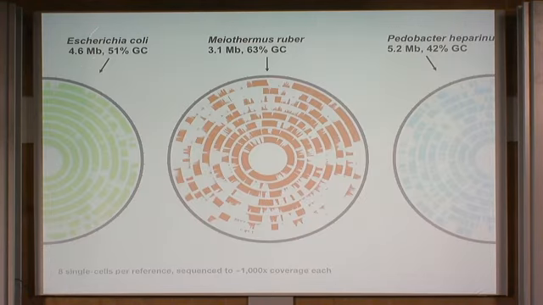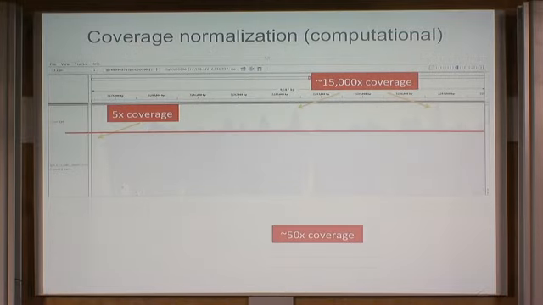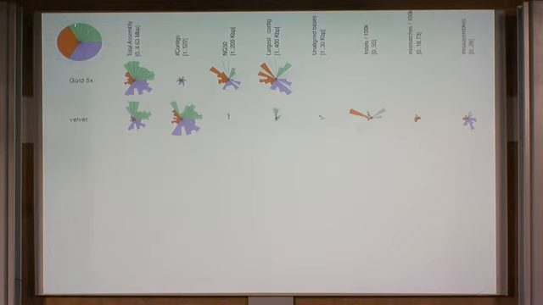So what we have, let's go back. What we have are these single cells from these organisms, like E. coli, M. ruber, P. What was this? Hipparium. And then we have 8 single cells for each of them, right? And then we measure the total assembly size for the different assemblies, and we come up with some sort of gold standard. The gold standard would be a region of the genome.